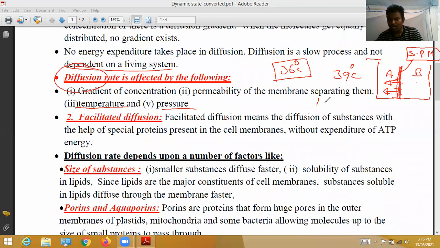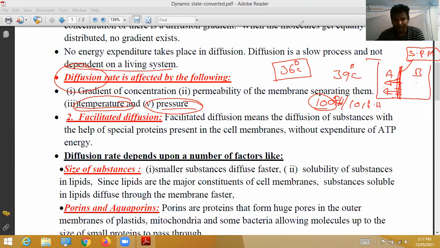That means 100 degrees or 101 degrees Fahrenheit, not centigrade. Sorry, 101 Fahrenheit temperature is maintained. When we are mentioning degrees centigrade, at that time we will use 36 like that. When we are mentioning Fahrenheit, we can use 100. So when our body temperature is 100 or 101 degrees, in that case our body metabolic activities are disturbed. So at high temperatures, when our body pressure is more and more, in that case also.